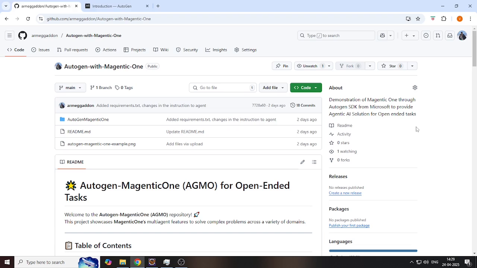We can make use of it, but there are certain cautionary instructions that have been given by AutoGen, because it is taking control of the system on its own to perform the respective action which is given by the user. All these things we will look into. So if you go into the AutoGen documentation,